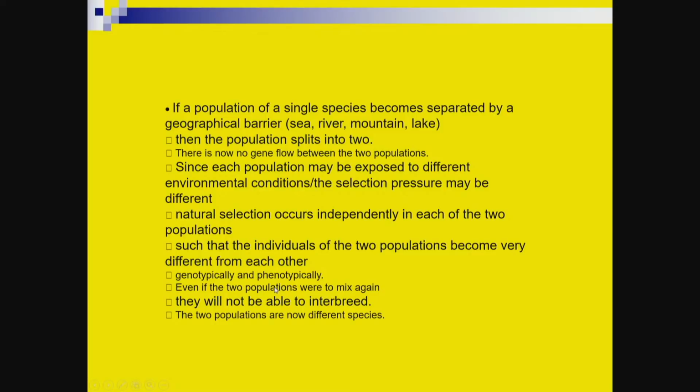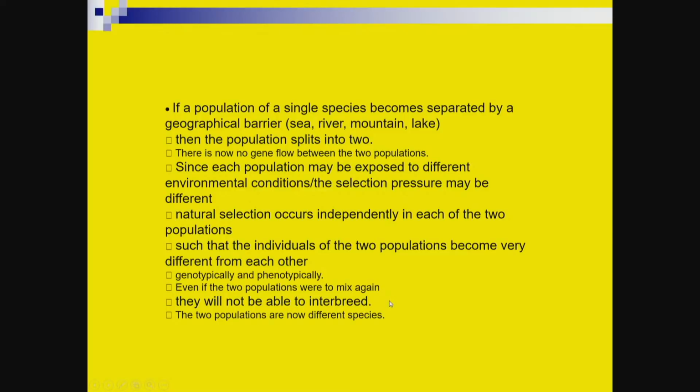The 2 populations of long hair bears in the northern part and short hair bears in the southern part were mixed again. So you mention now the phenotypical difference of this population, and you mention the two populations that is coming back together again. They will not be able to interbreed